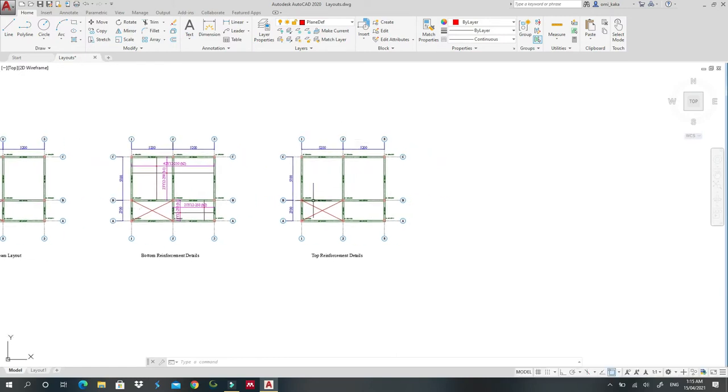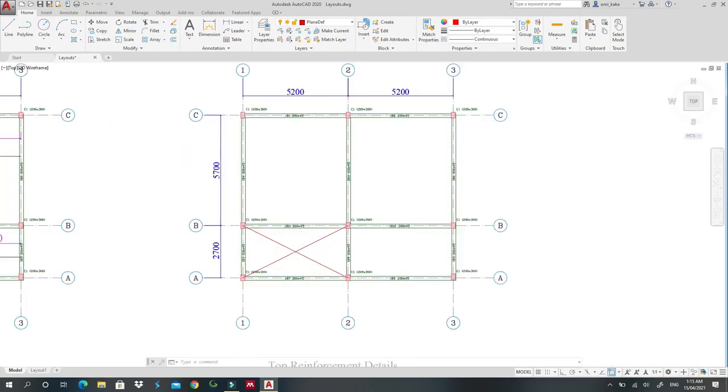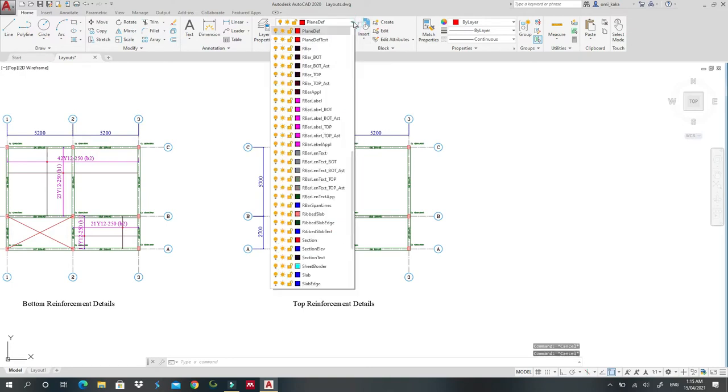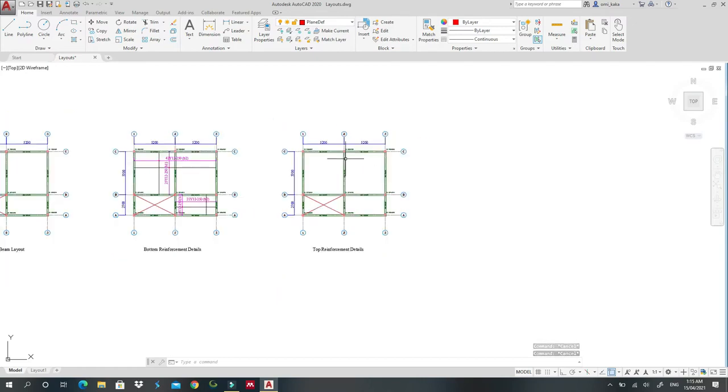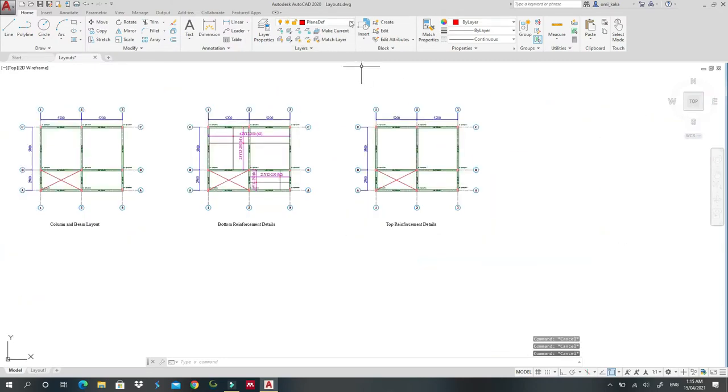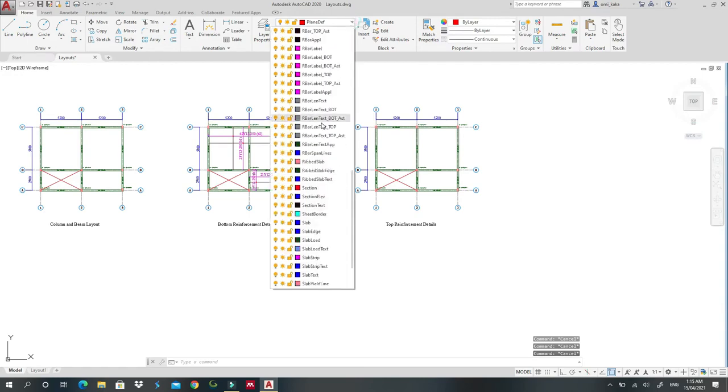So what remains is my top reinforcement. The top reinforcement is a little bit tricky. It's not as easy as the bottom reinforcement, but it's not very difficult. So I'll show you just now. So when we're detailing the reinforcement, first of all, I will just draw my reinforcements, and then I will label. Okay, so I will go to my reinforcement,